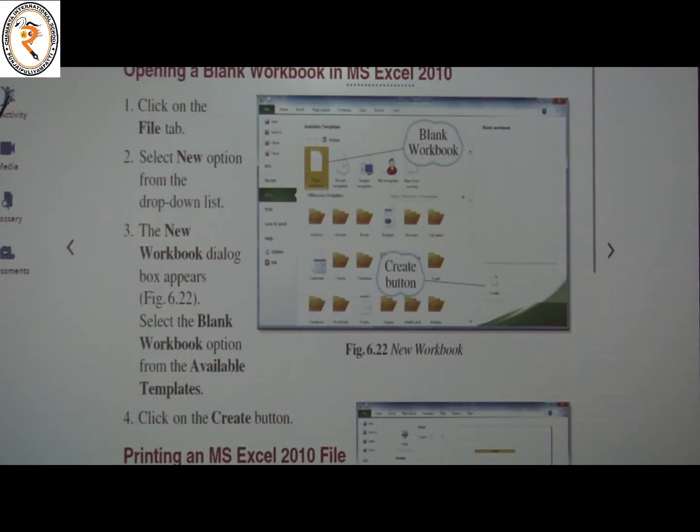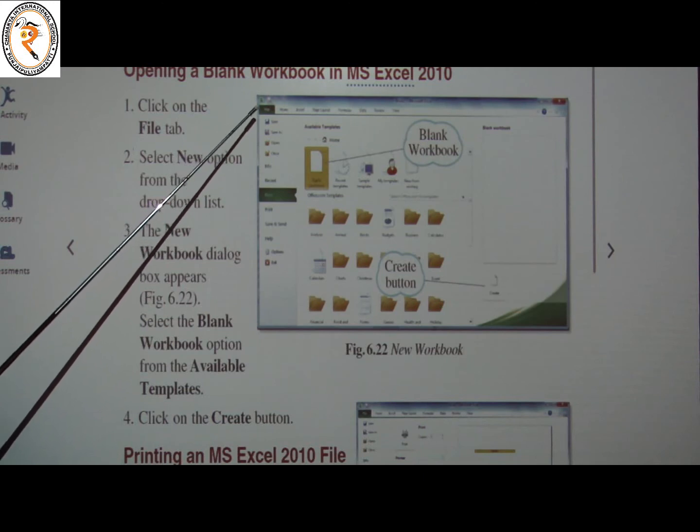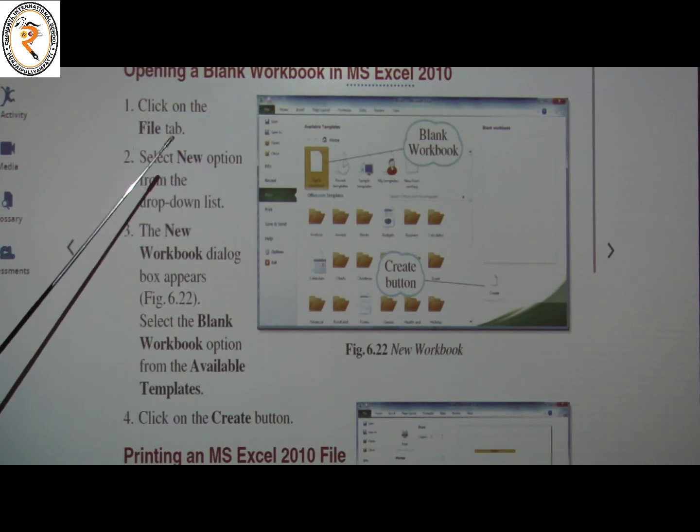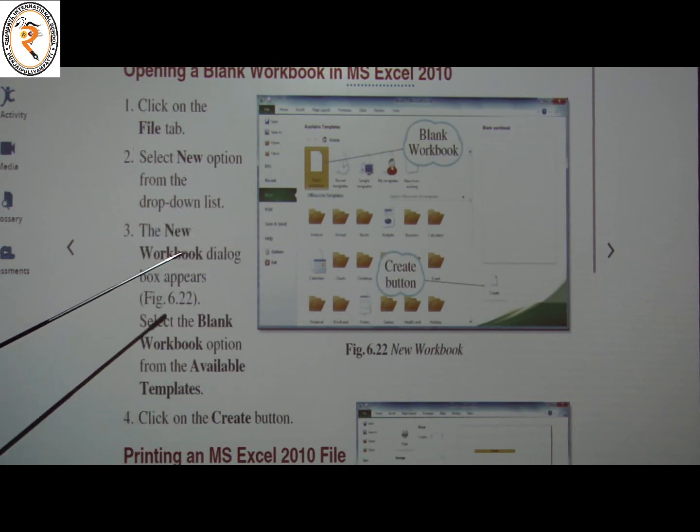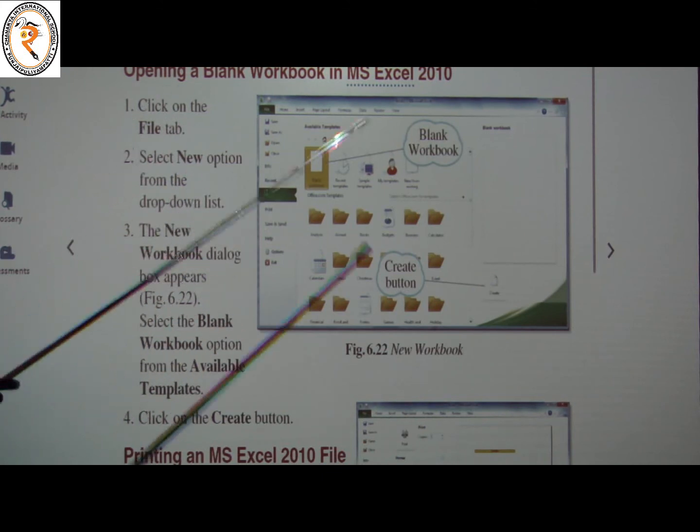So how to open a blank workbook in MS Excel? Let us see how to open a blank workbook. Click on the file tab. From the file tab, click on the new option. So the new workbook dialog box will